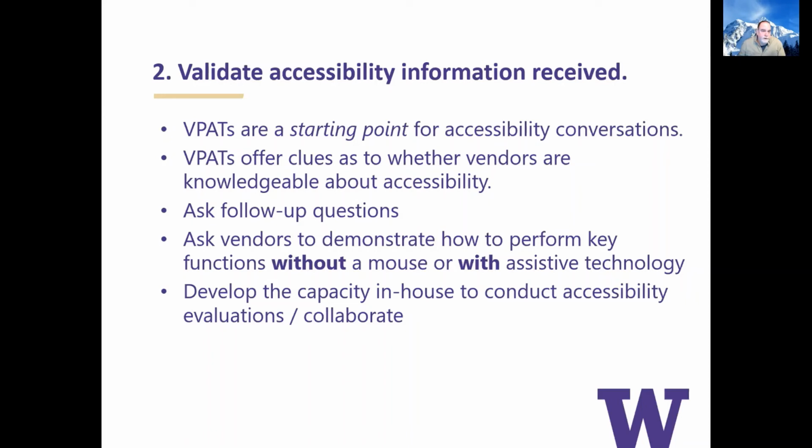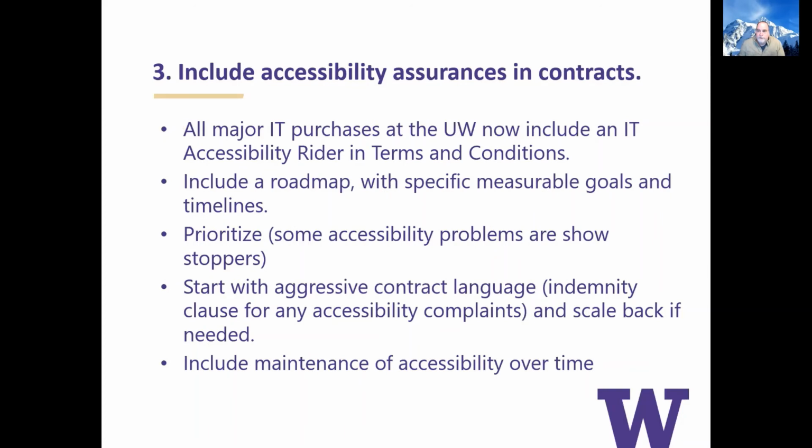So Terrell provided a number of examples where using a mouse is difficult or impossible for some users. All of this stuff should be usable without a mouse. So keyboard accessibility, keyboard functionality is very important. And then ultimately what we would like to see is more institutions have the capacity to do this sort of evaluation in-house with at least one person. So we want to get this stuff into our contracts. We've begun including that at the University of Washington. We've got an IT accessibility writer.